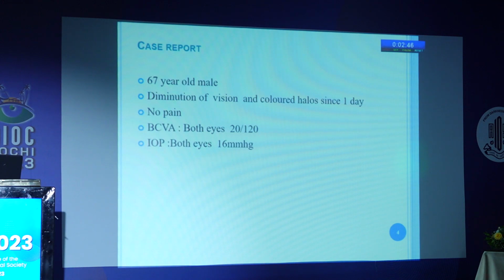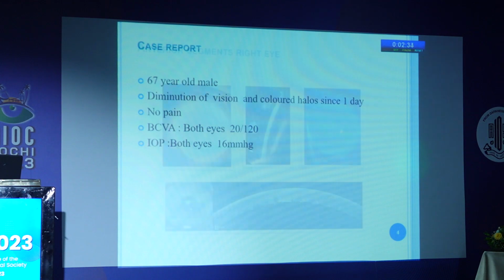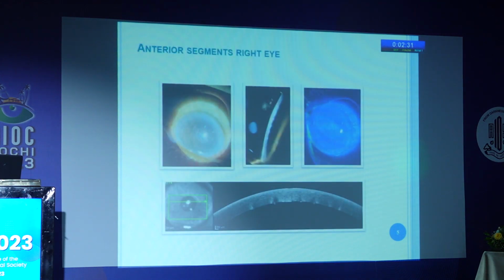and there is no pain. He had recently undergone cataract surgery two months back. His best corrected visual acuity in both eyes was 20/120, and IOP in both eyes was 16 mmHg. So here the anterior segment examination of the right eye shows